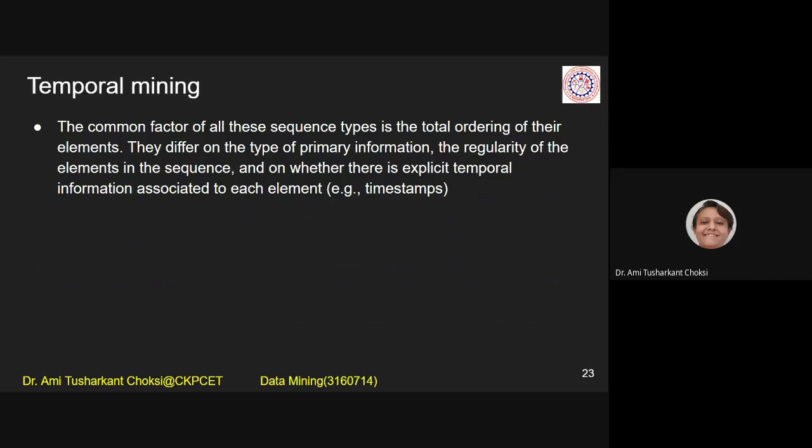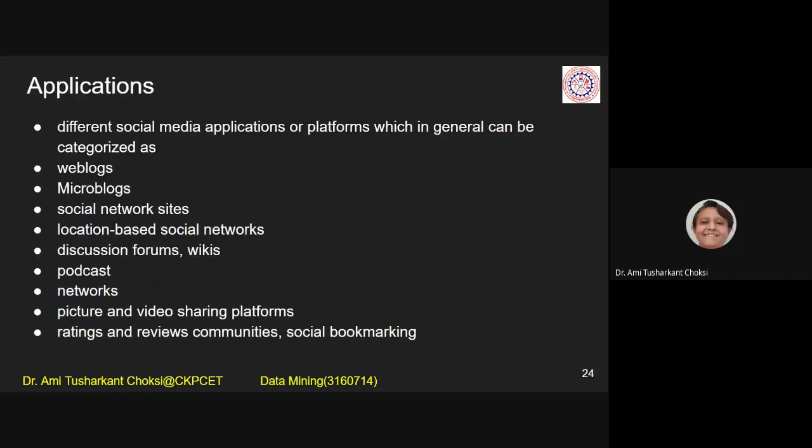Okay? For the timing, for the sequences, whatever mining we are doing, that is temporal mining. We do not write it this way, that is the layman's understanding. I tell you so that you can write it properly. Temporal mining is related to temporal data, and temporal data typically considers time, or you can say the sequence of events, right? So this is what we are considering for temporal mining.